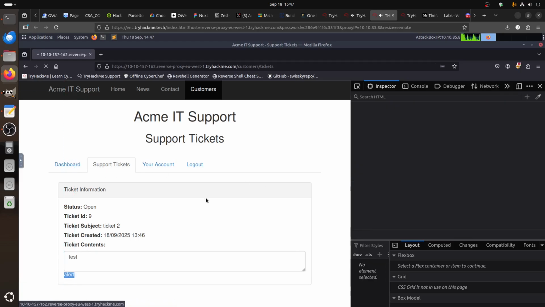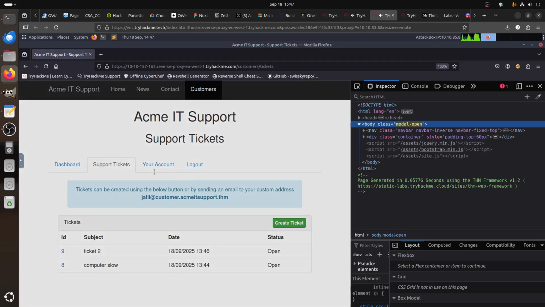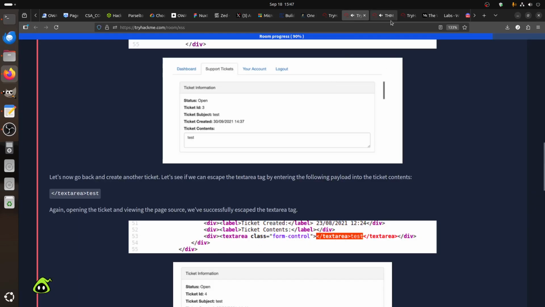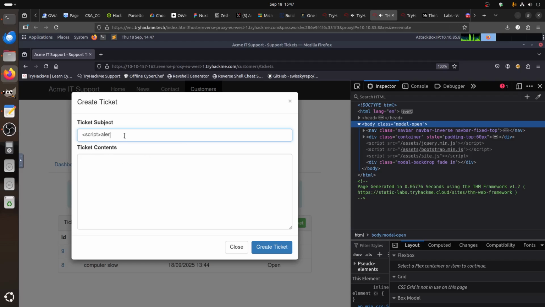Remember this room, don't confuse too much with that, because if you look for example here, don't forget the title, because I can do the title as script. The room is going for the textarea because it tells you here to concentrate on the textarea, but we shouldn't forget the title, alert, for example, hi,